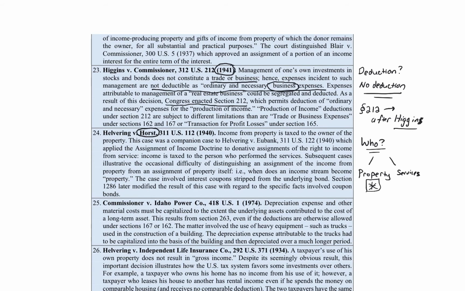This is the one where we have a bond, and there's little coupons on the bottom of the bond. So the father, in the case, keeps the bond, but gives the coupons, where you get to collect interest, to the son. And the courts ruled he or she that holds the bond, which is the father, is subject to the tax on everything. So if the father sells the bond later on, of course, that could result in capital gain, capital loss, but also the income collected goes to the father as well.